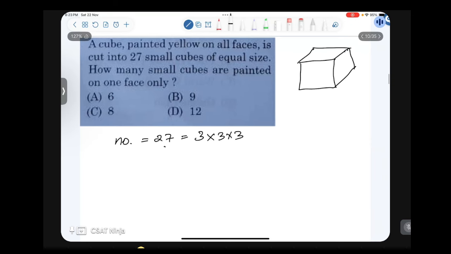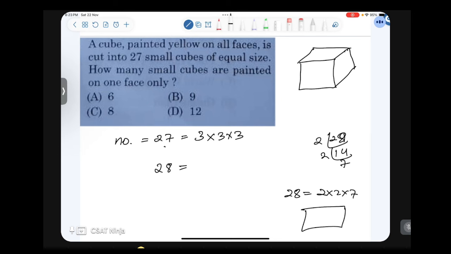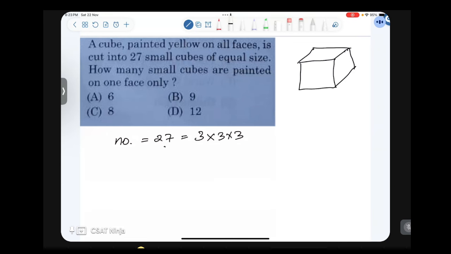What if your number was something like 28? You can create factors of 28. You can write 4 and 7, and 4 is 2 into 2. So the factors of 28 give 2 into 2 into 7. That means your shape will not be a cube, but it will be a cuboid in this case. So if it's not a perfect cube, then the shape that will be formed will be a cuboid. But in this question, we have 3 into 3 into 3,